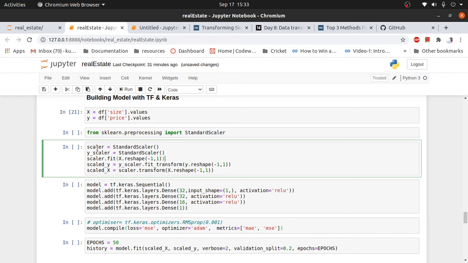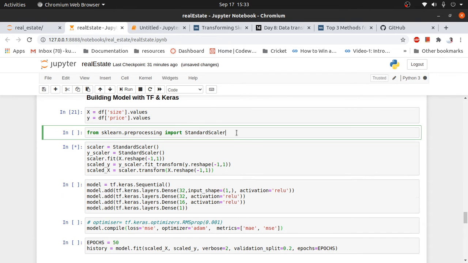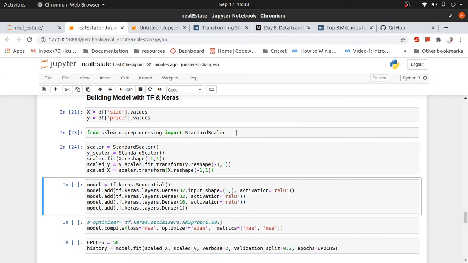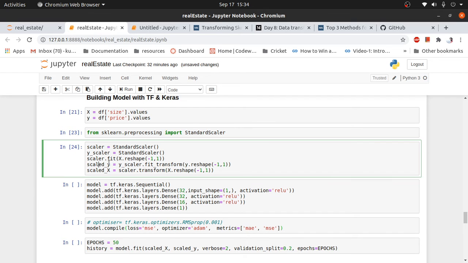I created two objects, one for the x variable and second for the price variable. Let me execute this. Now we have a scaled version of prices and a scaled version of sizes.